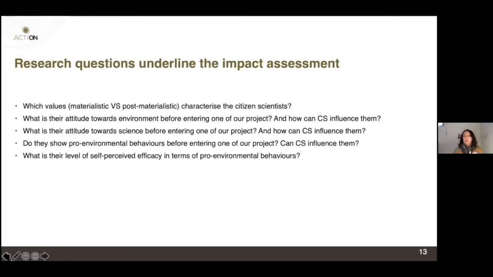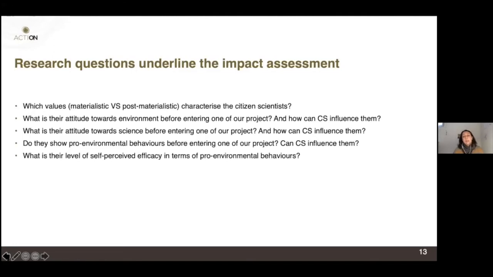What is the attitude toward the environment before entering the project? Are we engaging people that are already interested in science, already interested in environmental issues, already pro collaborative action, already like us? Are we engaging the usual suspects? And this goes hand in hand with inclusion, but is also a little bit different.